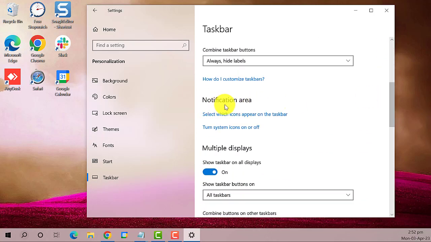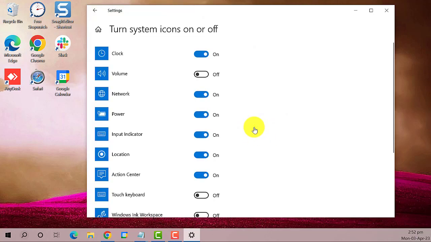Under it, click on the link that says Turn System Icons On or Off, this one. On the list, search for Volume and make sure that it is on. Then go back to the previous window